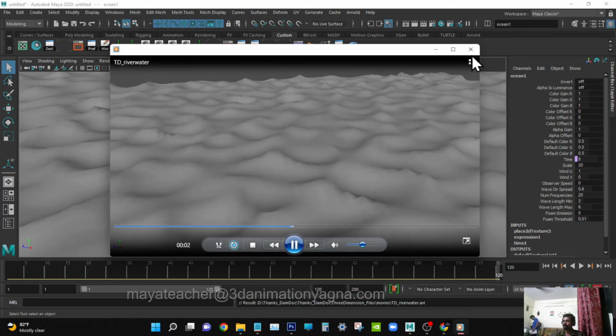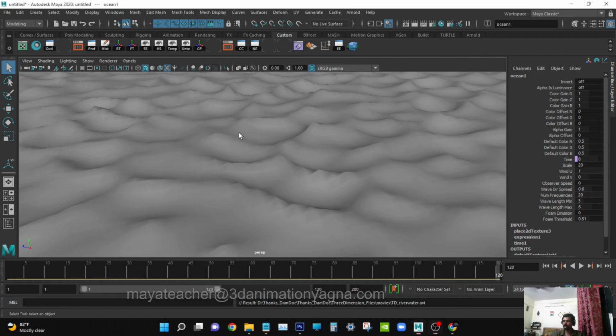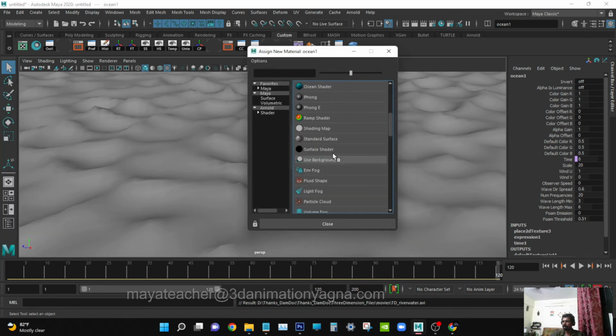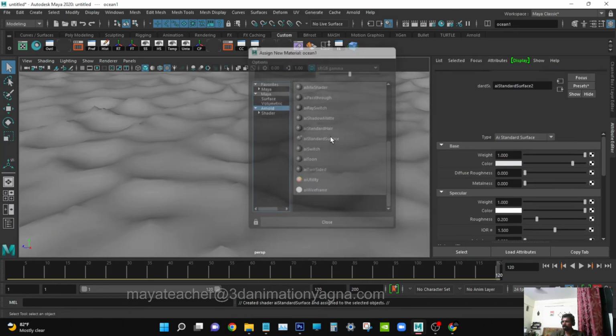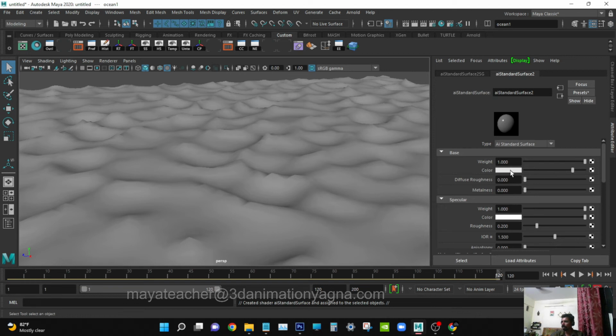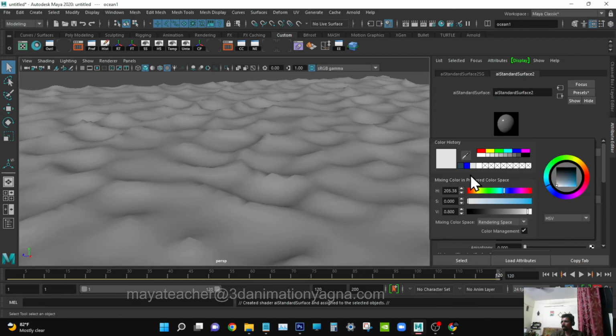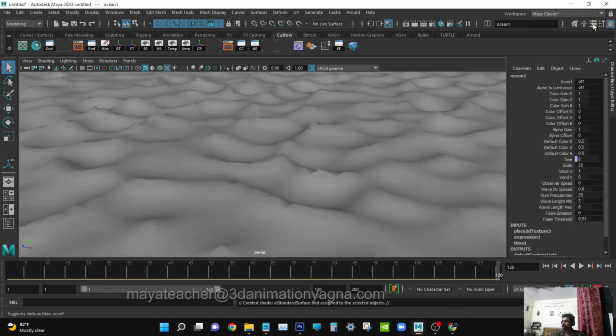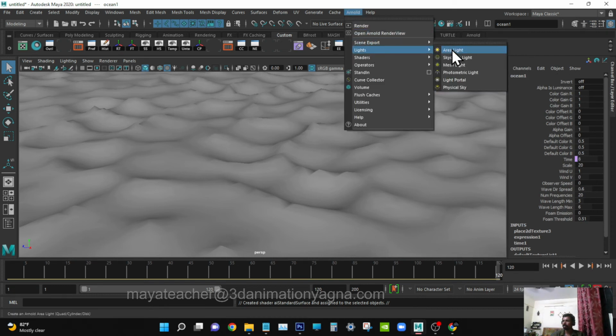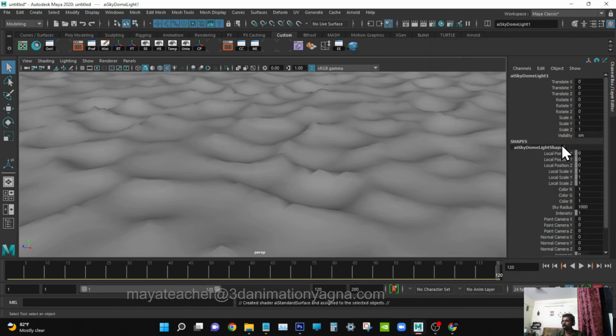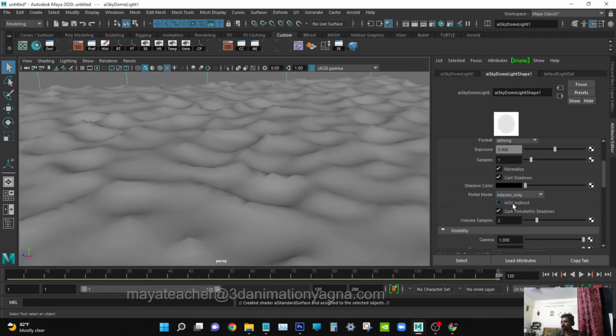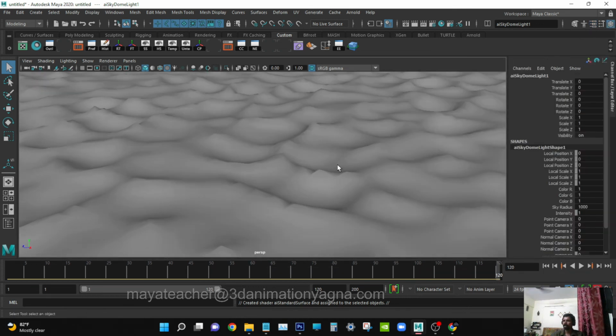So you can just apply some shader, go to assign new material, standard surface, and go to color channel and use some blue color, and create a light or sky dome light. Go to its attribute and switch off the normalize, and